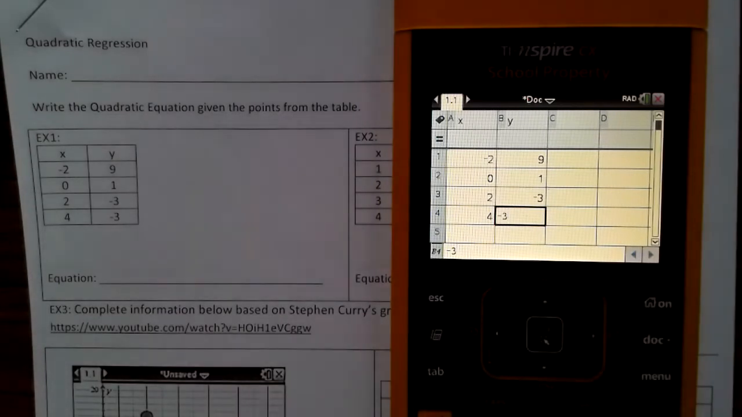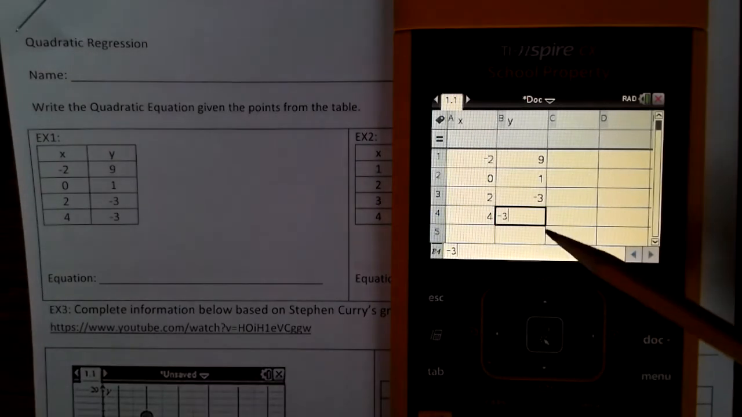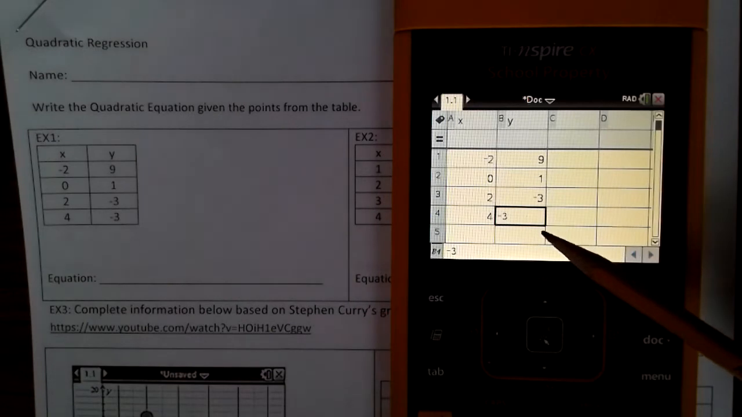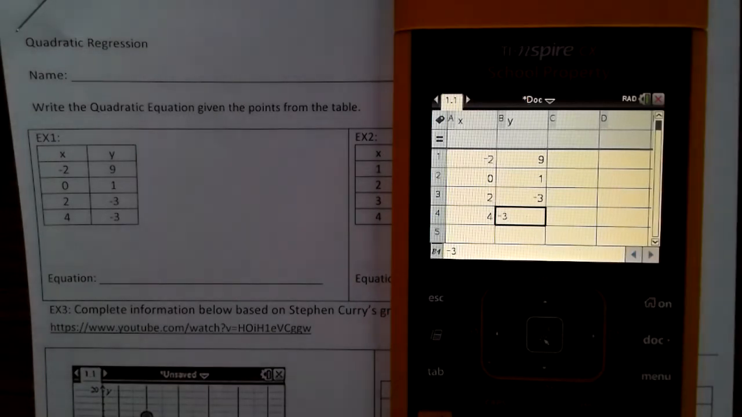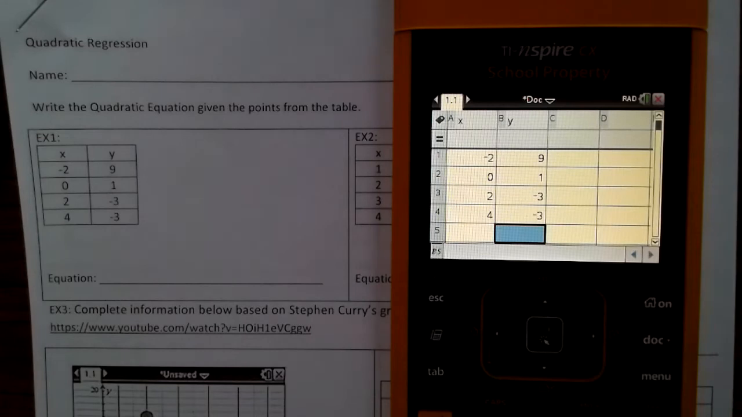Now, this is the most common mistake students make, is they forget to press enter here. If you don't press enter here, it doesn't acknowledge this number. So it's very important that you press enter. And then we're going to do